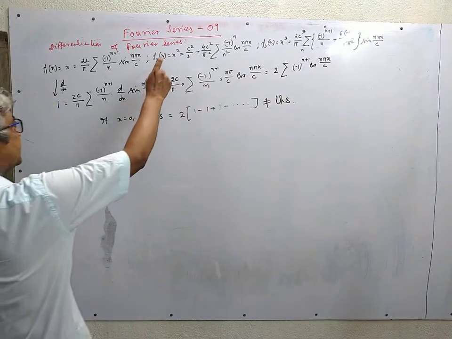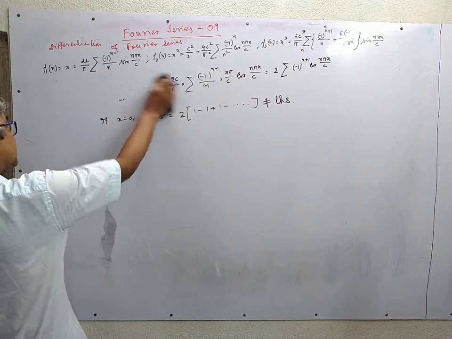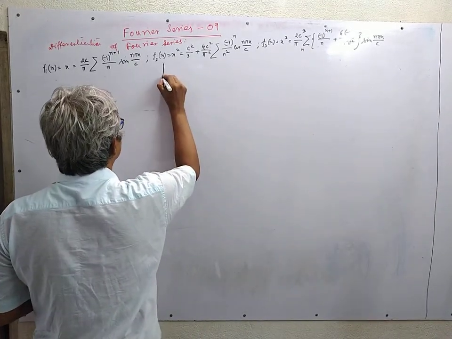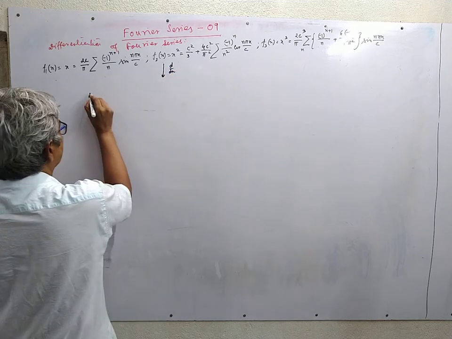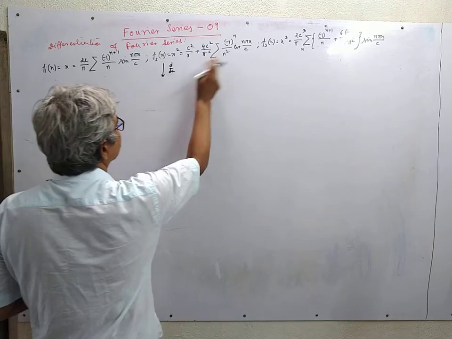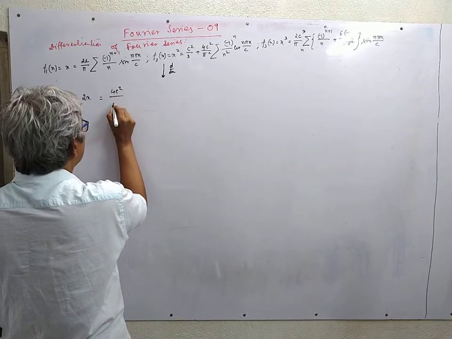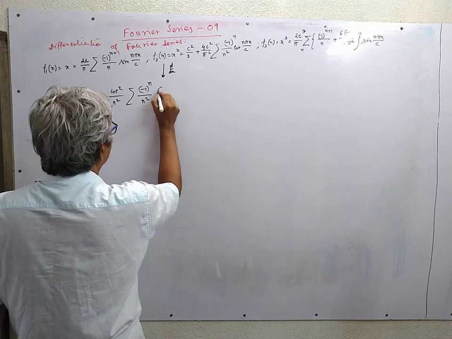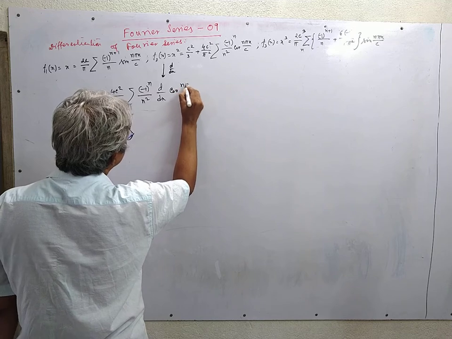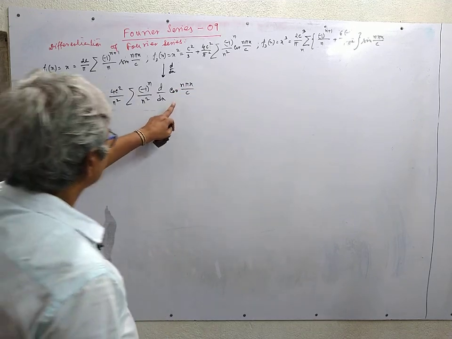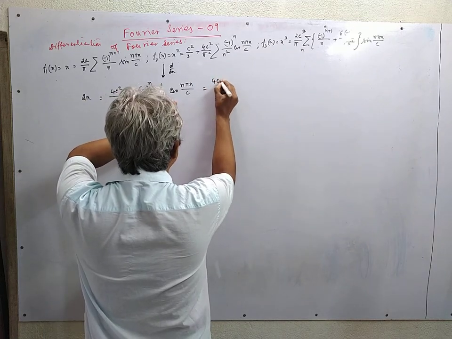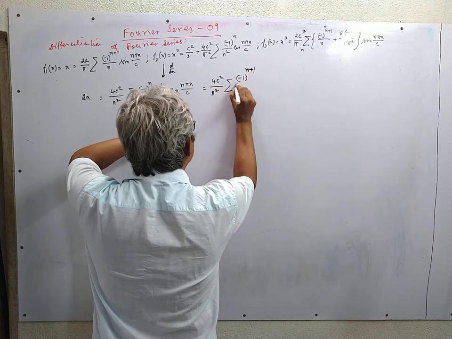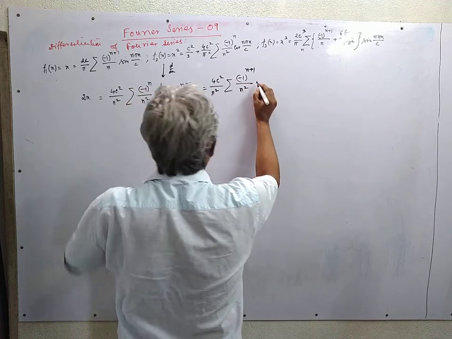On the other hand, if we differentiate this function, it has no discontinuity, so we can differentiate this to get the correct result. So we will have on the left hand side 2x, on the right hand side this part is 0, then 4c square by pi square, minus 1 to the power n upon n square, d/dx of cos, differentiation of cos will bring a negative sign, so this is 4c square by pi square, n plus 1 by n square, then we will have n pi by c